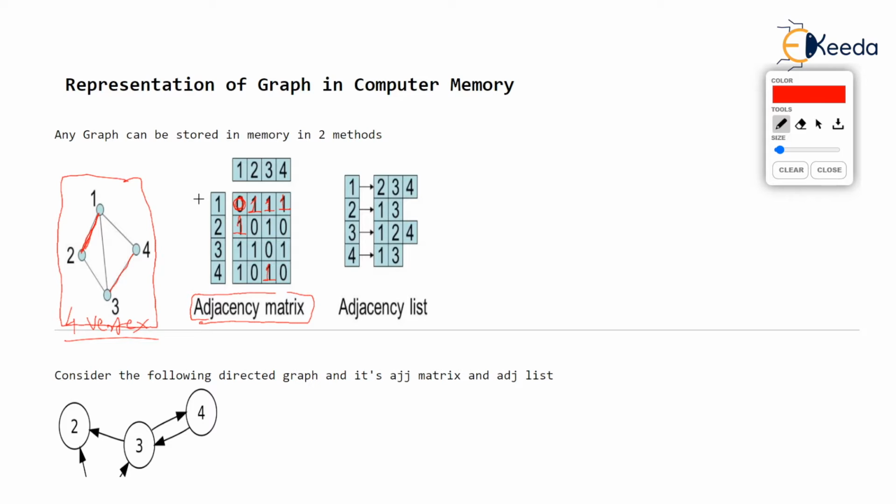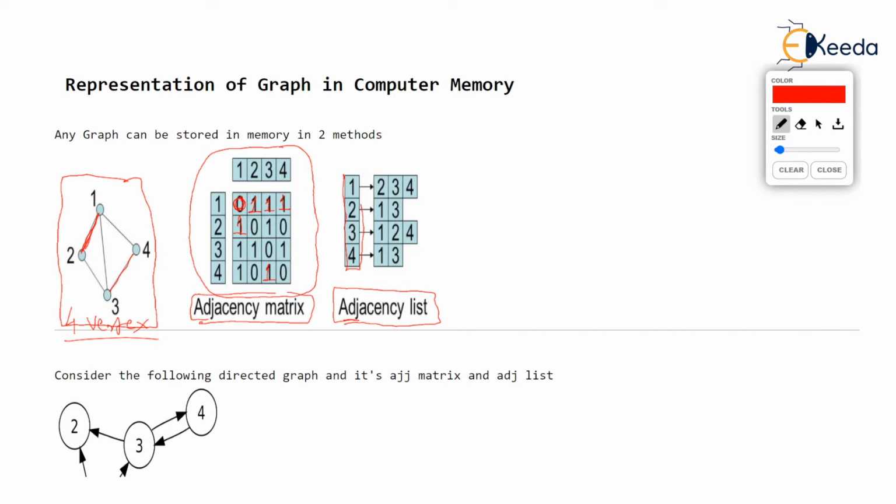The next method is known as adjacency list method. In this method, we will use a linked list. Now, what we do is, instead of declaring a double dimension array, as in the case of adjacency matrix, where we declared a 2D array for storing the graph, here in the adjacency list method, we will declare a single dimension array. As you see, we have not declared a 2D array, but we have simply declared a single dimension array.